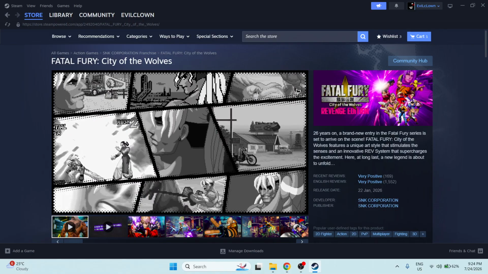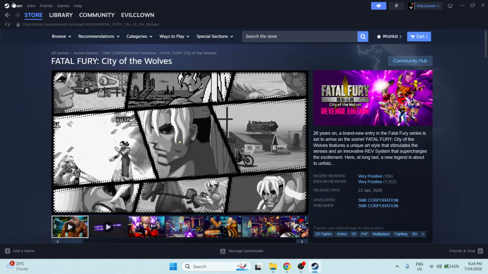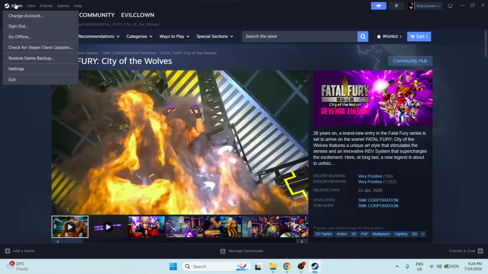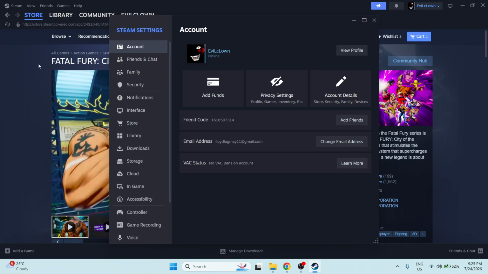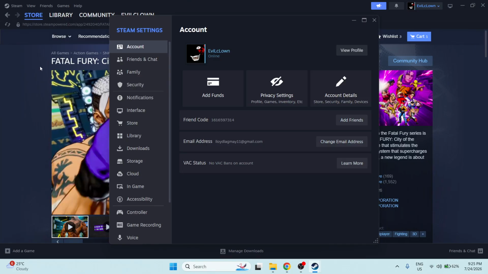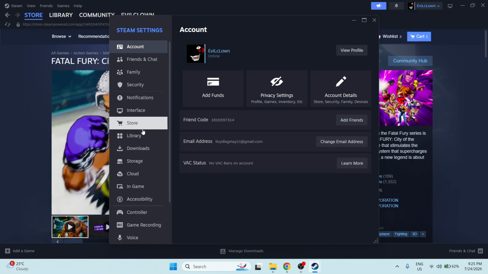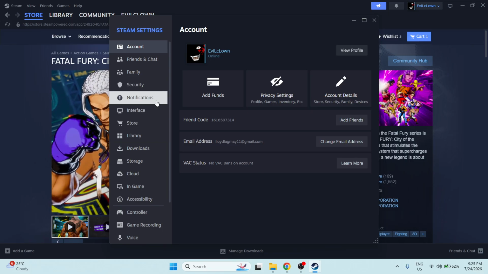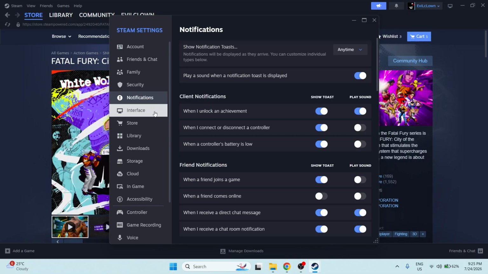To get started, open Steam on your computer. Then go to the top left corner of the app, click Steam, and choose Settings. This is where Steam keeps most of its general preferences, including the controls you'll see for notifications. Once the settings window opens, look through the menu and select Notifications. This section is where you can manage the alerts Steam sends you, especially the ones related to your friends list